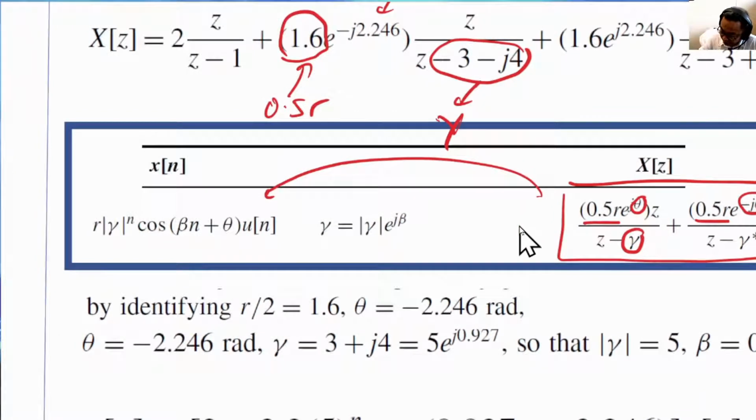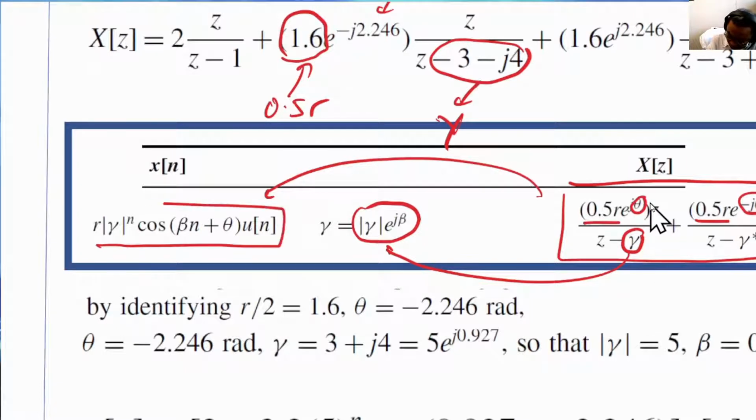Once we have it in this form, then gamma is a complex number. You can represent it as a magnitude and phase, so it's magnitude gamma and phase beta. So you realize that this equation has 4 variables: gamma's magnitude and gamma's phase, 0.5 r and theta. Together, you can substitute into this equation here. You are not required to solve for this equation. We can use a lookup table unless the question asks you explicitly to identify why this xn will produce this